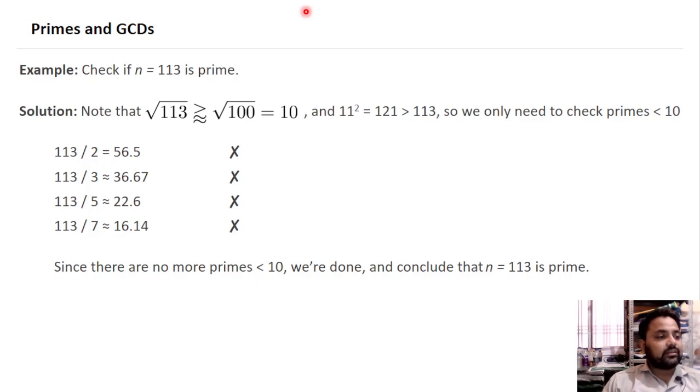Primes and the GCDs. Check if n equals 113 is prime. Solution: note that the square root of